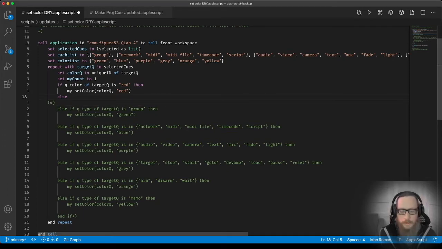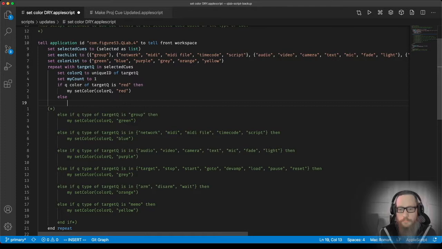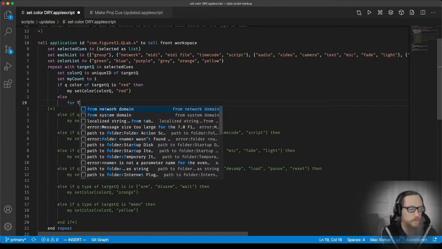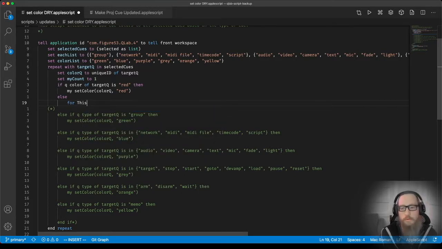Control, so let's get rid of that, and we'll add a new line under this. So if we find a queue that is not red, and we do, that means it's a queue we want to apply a color to, we're going to start a loop where we loop over the different lists in each list. So for this list,